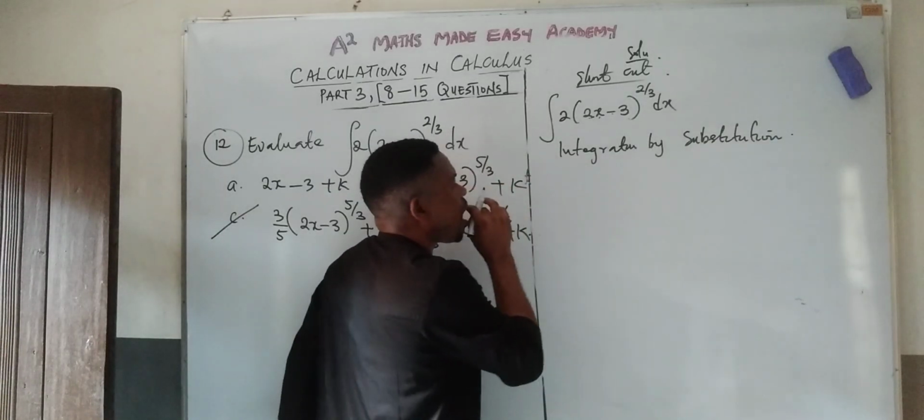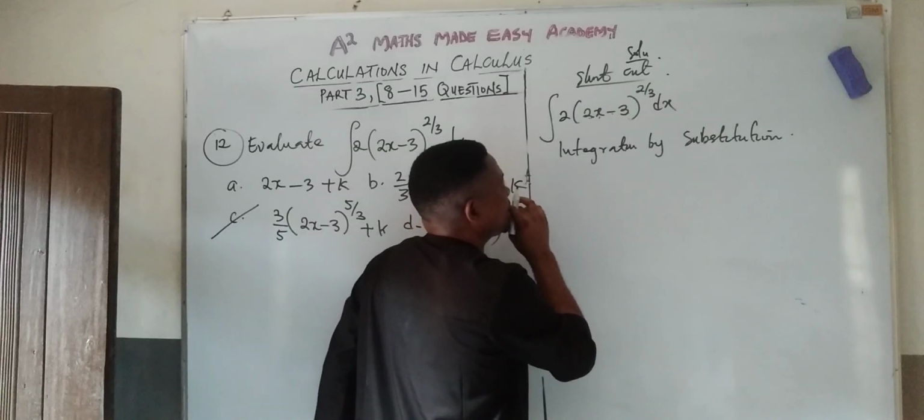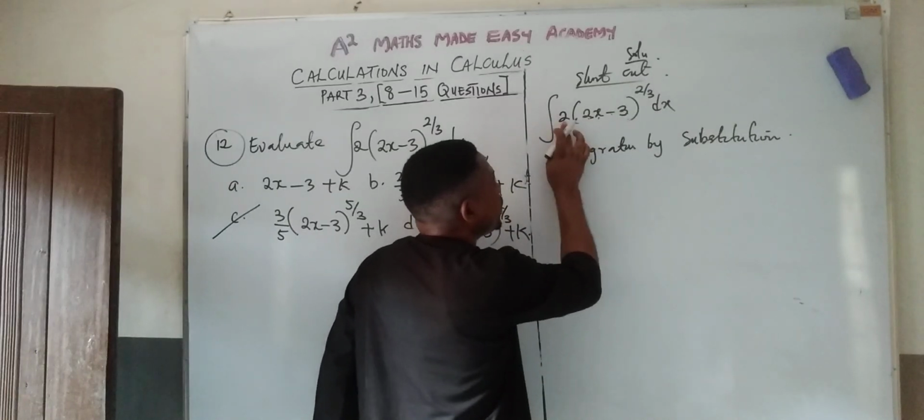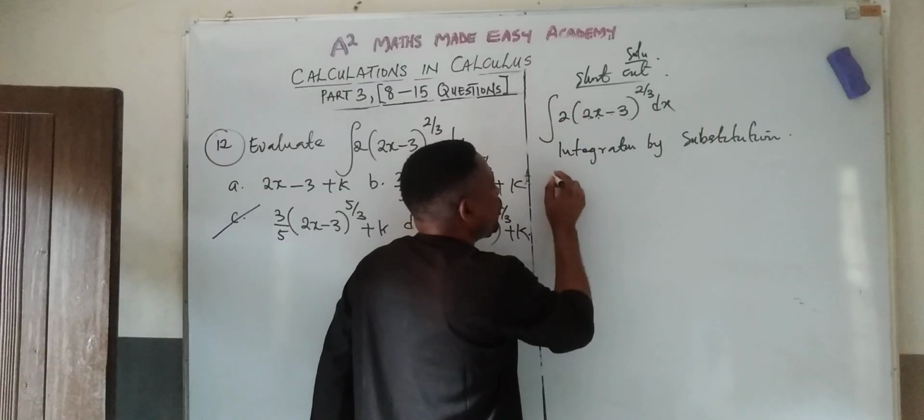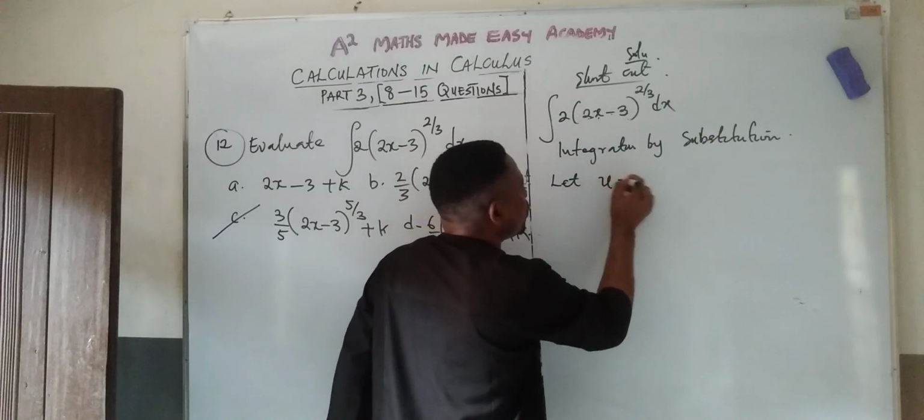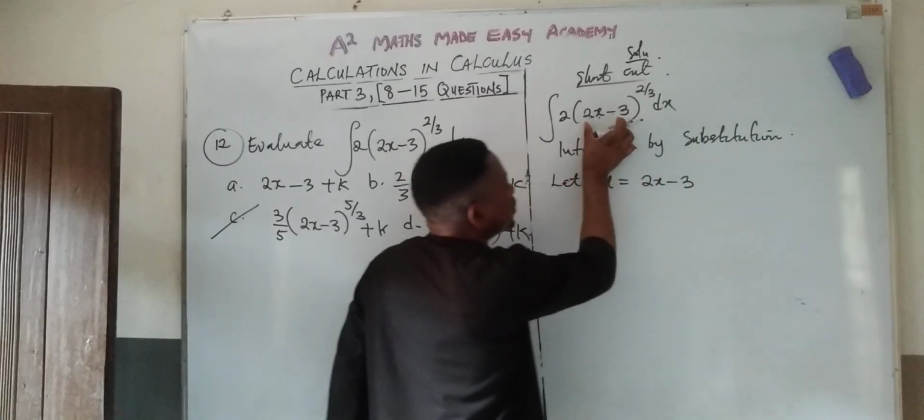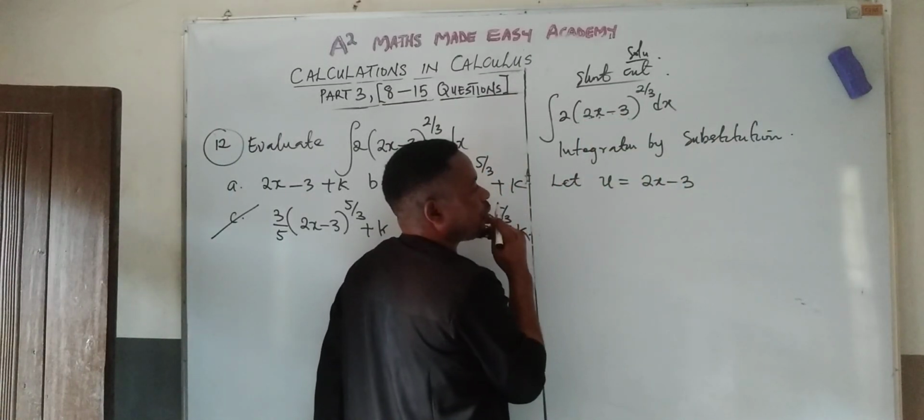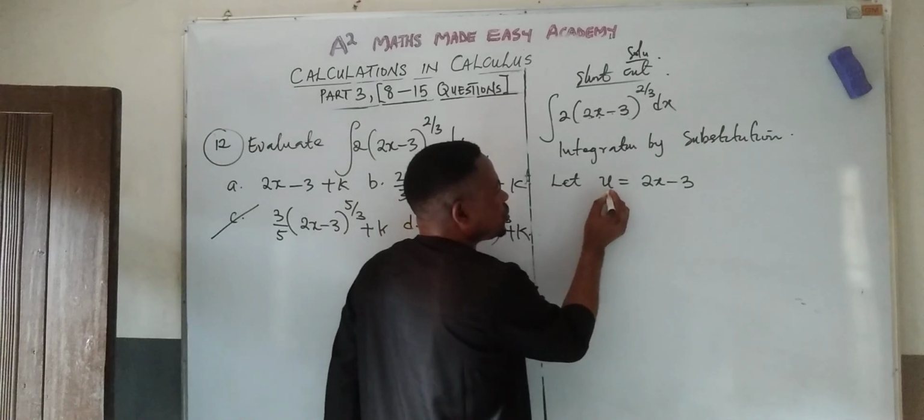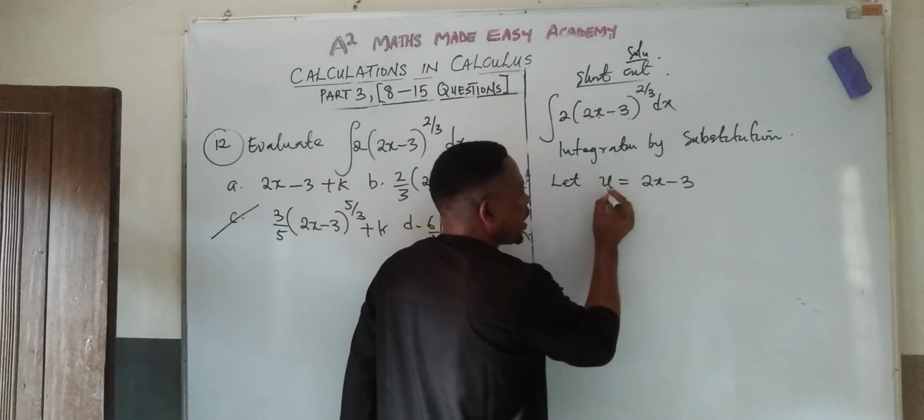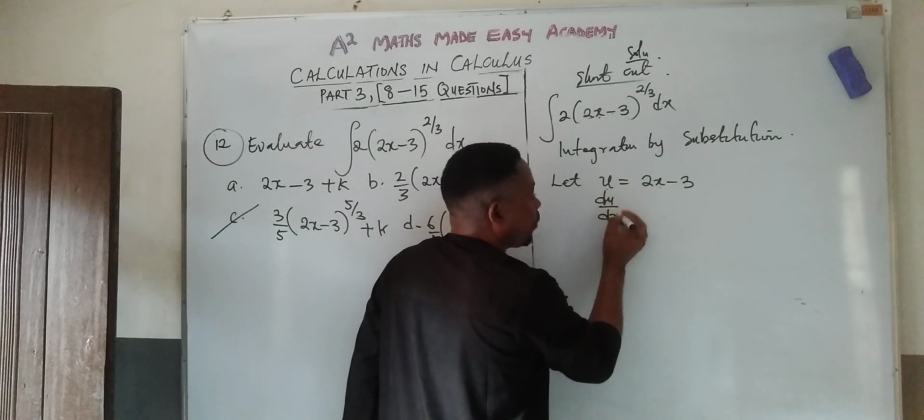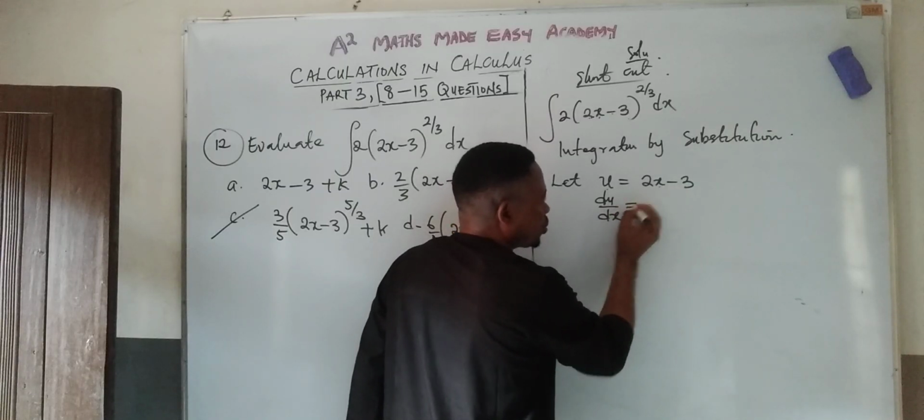Now I want you to observe something here. Am I communicating now? What is my target? Look up, this is a constant, right? But first of all, I will say let u be 2x minus 3. That is the first thing. The next thing is to differentiate u with respect to x. It will give you du all over dx, right? Equal to